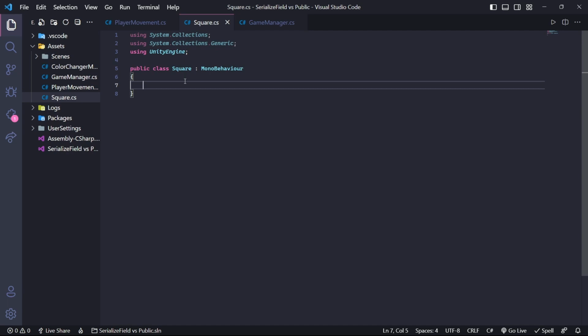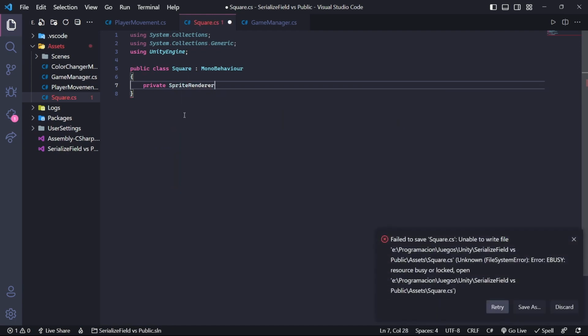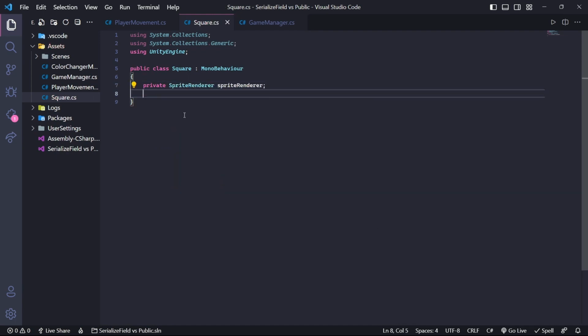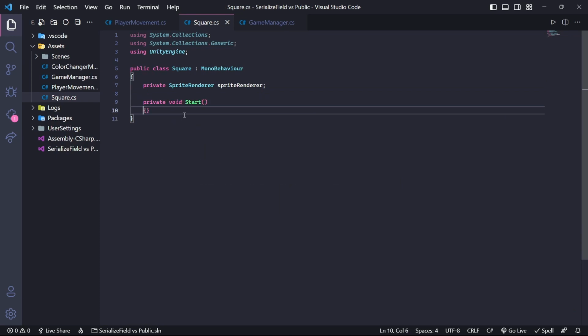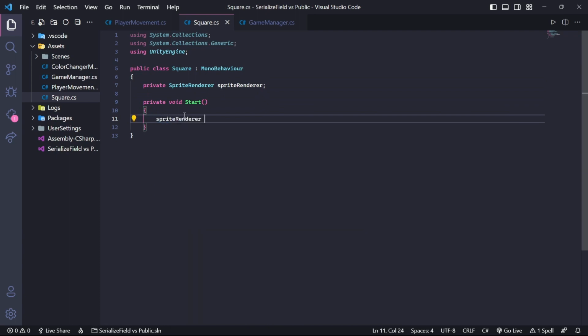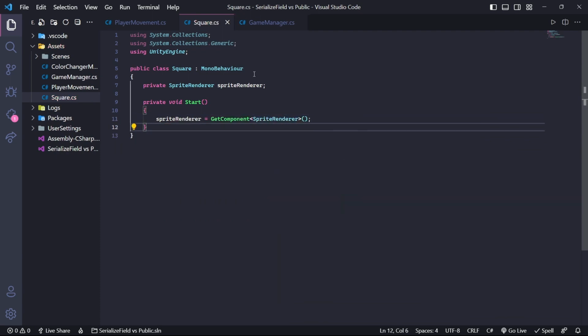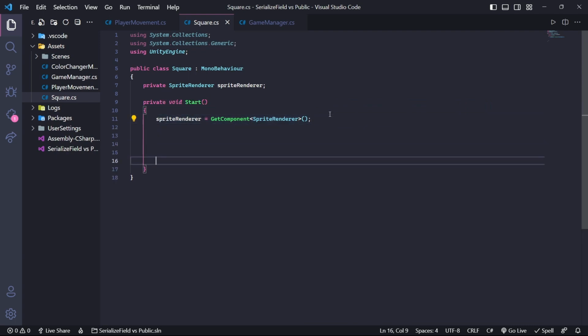There are 2 ways of doing this. The first one is to create a private sprite renderer variable, which in the private void start function I'm going to assign: sprite renderer equals get component sprite renderer. Sometimes when you have a lot of components you have to assign, maybe this isn't the best method, because in the start function you're going to have a lot of lines